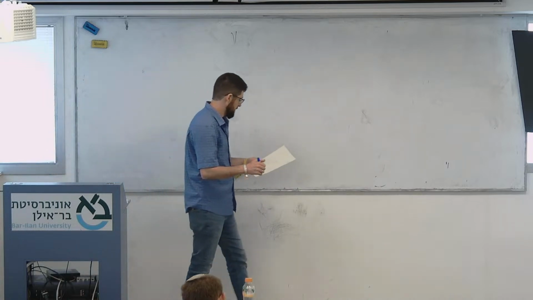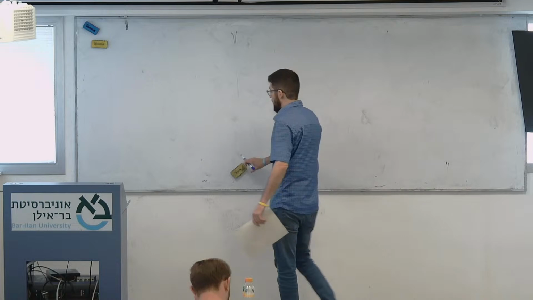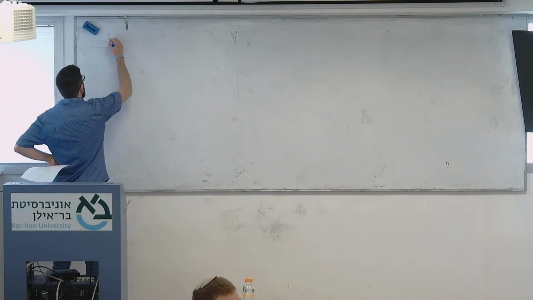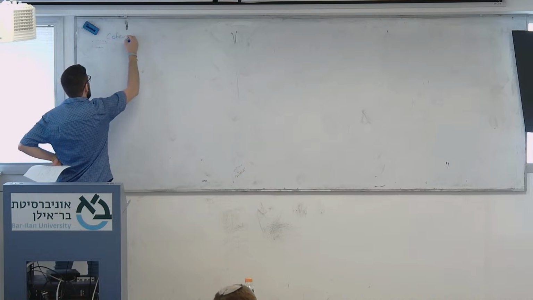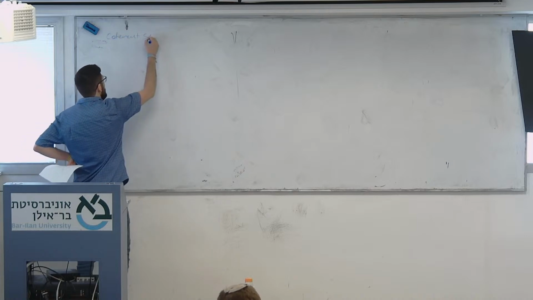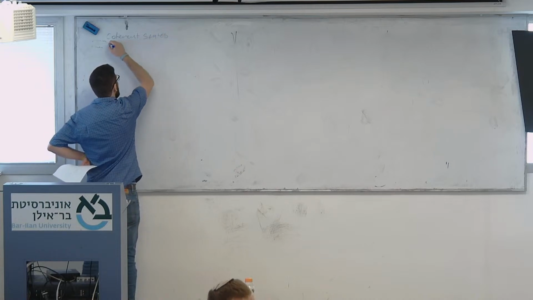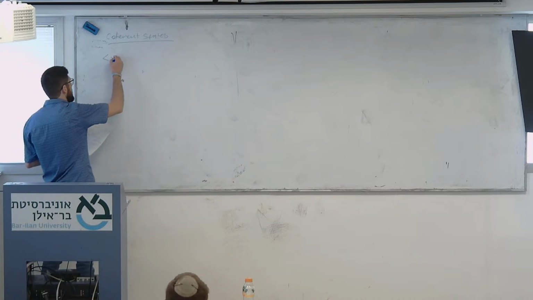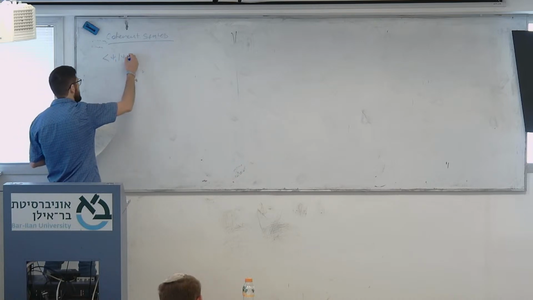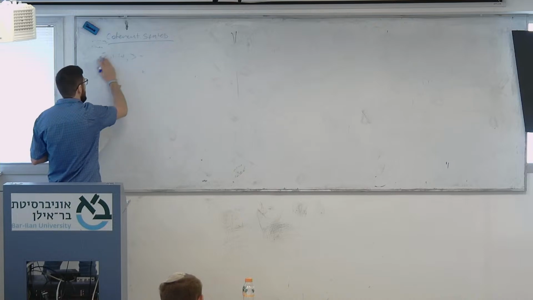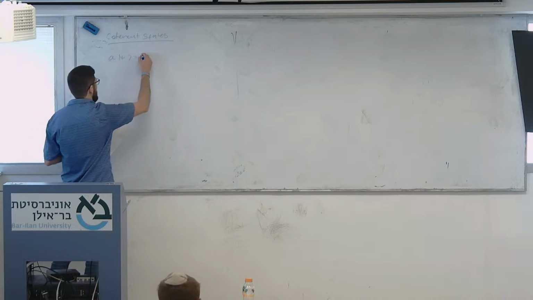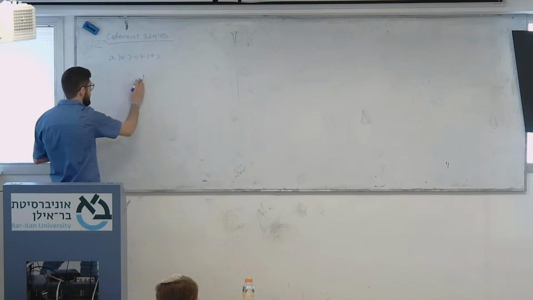We talked about coherent states. Okay, so we had psi 1, psi 2. A psi is equal to psi psi. These are coherent states,